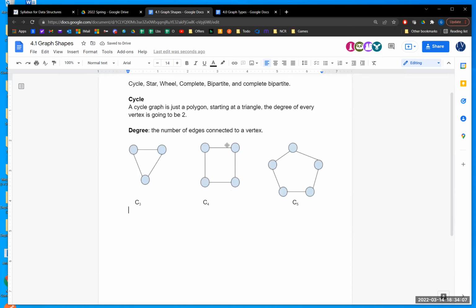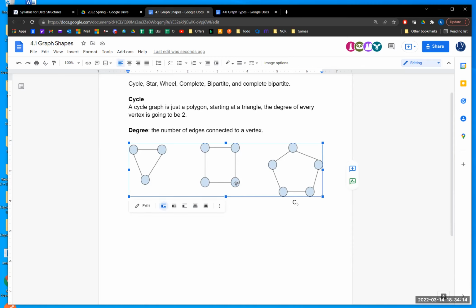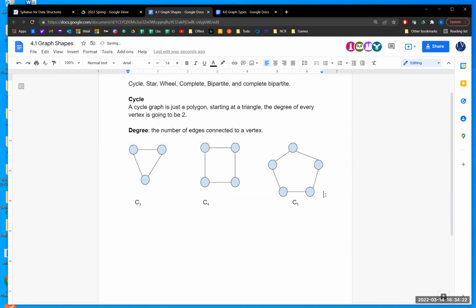Right. So each of these has 2 edges per vertex. Whatever this bottom right corner vertex might be labeled, 2 edges connect to it. That makes the degree 2. 2 edges here, 2 edges. And it's just polygons, you know, pentagon, hexagon, septagon, octagon, and so on. Those would be our cycle graphs. They're making one cycle. So if we wanted to make a path,